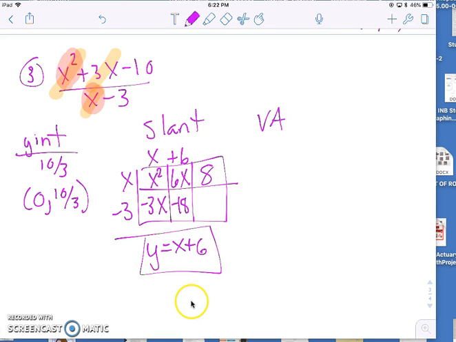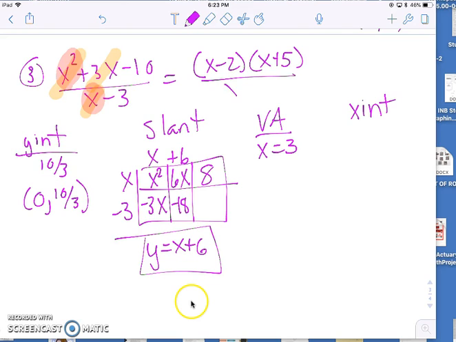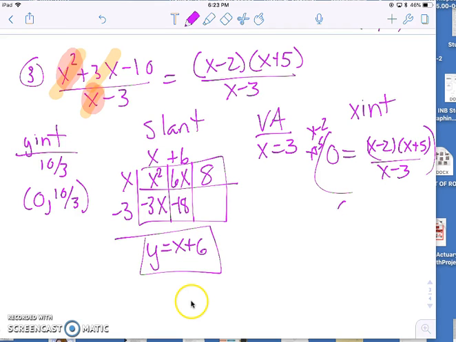Our vertical, what's in the denominator, would be x equals 3. And then our x-intercepts. Oops, I forgot to factor this. This factors into x minus 2 times x plus 5 over x minus 3. So when does 0 equal all of this? So we fraction bust. We have 0 equals x minus 2, x plus 5. So it would be at